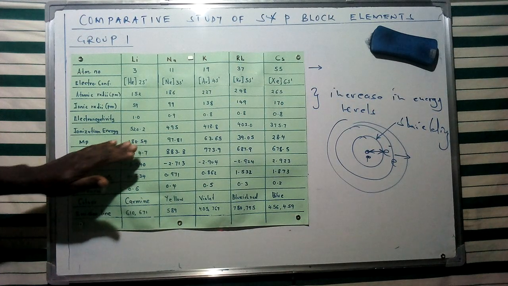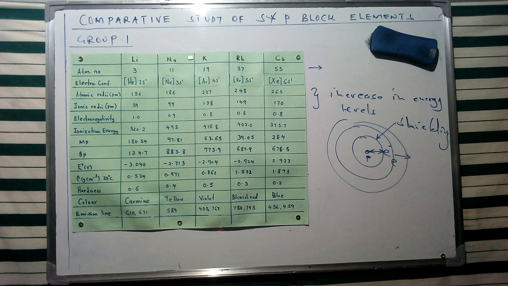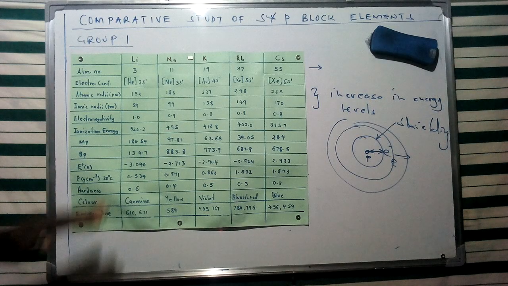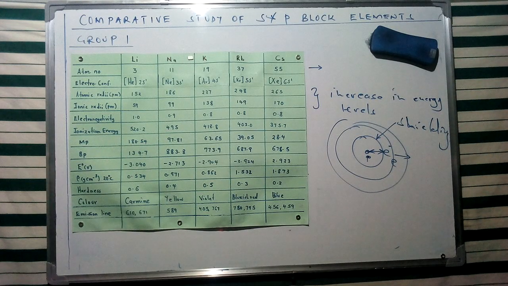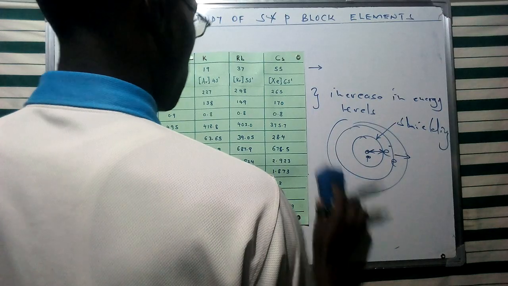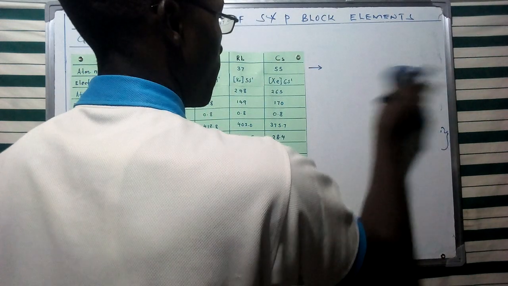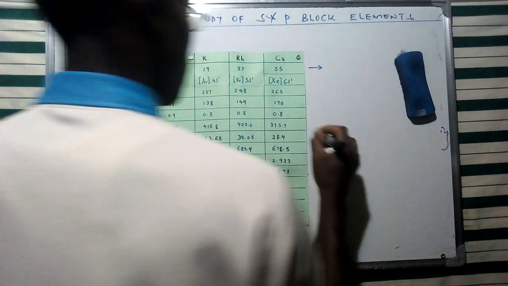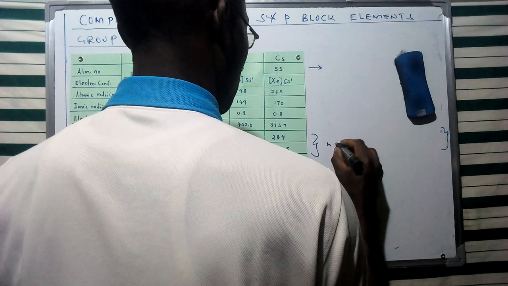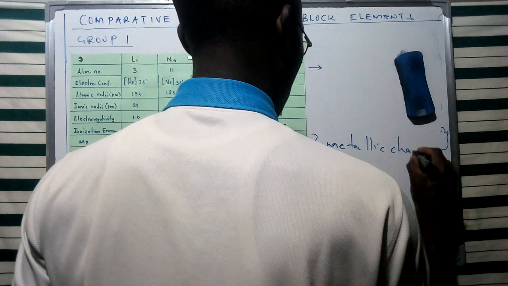Now, if we look at the melting and boiling points for this specific group of elements, group 1, the melting and boiling points, of course, are going to decrease down the group, and this is because of the decrease in metallic character. Now, I've mentioned the concept of metallic character, and we have, of course, listed some of the characteristics of metals in some of our introductory parts, which is going to assist us in trying to describe